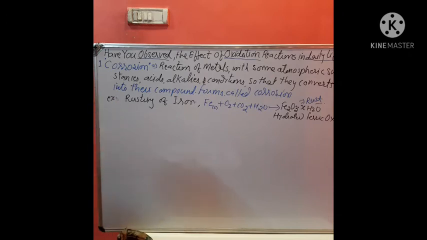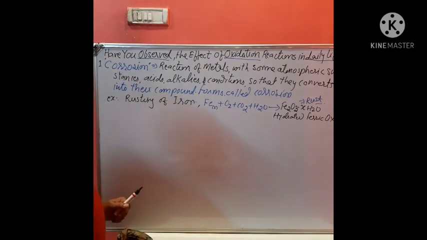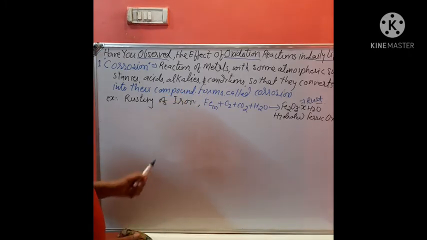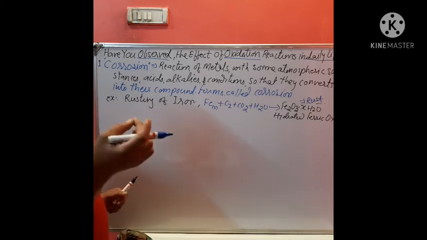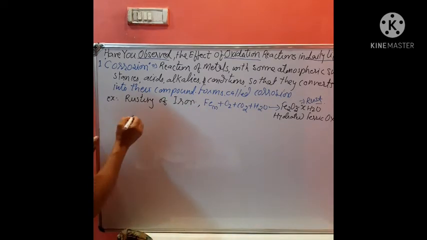Okay, student, the rusting of iron causes a lot of damage in old or new buildings. Per annum, millions of iron articles are replaced because they are damaged by what? Rusting. That is what? Corrosion. So corrosion is one of the very, very fatal problems for the economy and the iron industries. Say one more, corrosion,